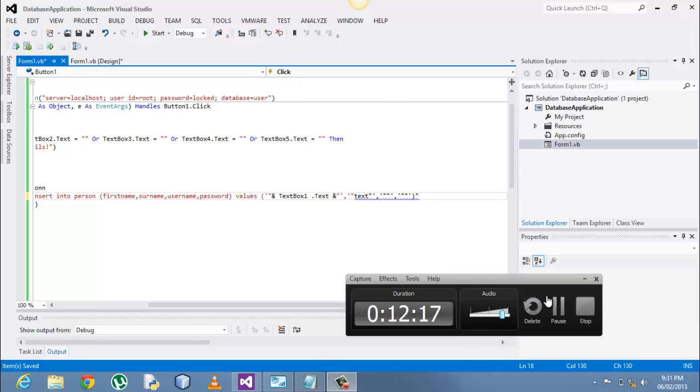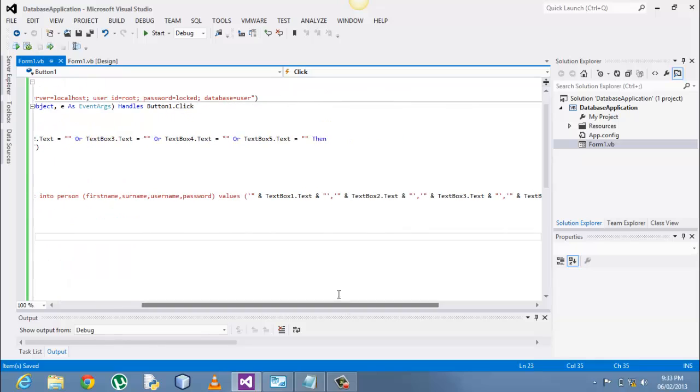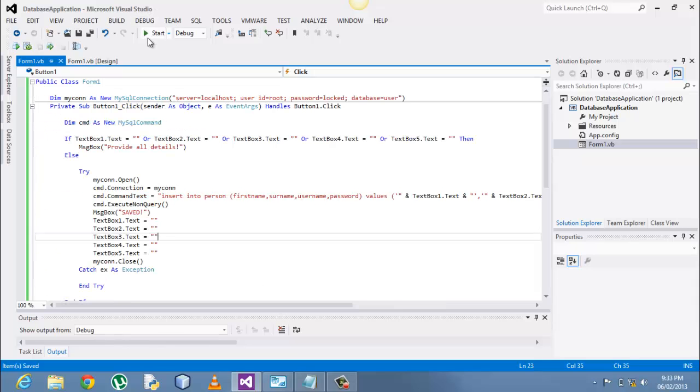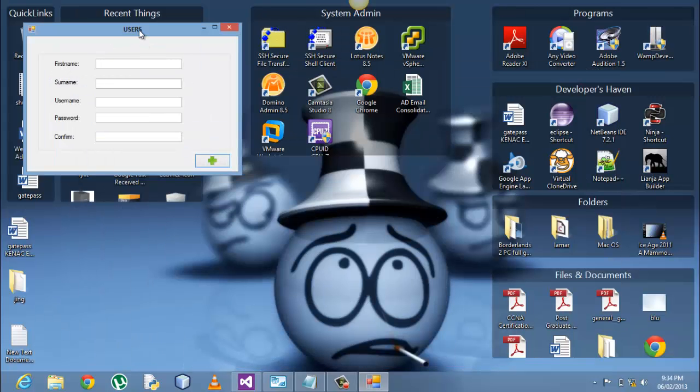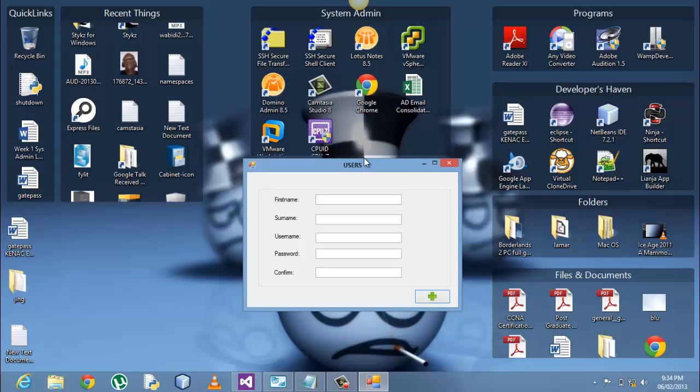I'll pause here. So this is our code, and you have to concatenate the text box values, the values that we are going to return from the text boxes, and then they will be inserted into these fields. So quickly we save, then we try to compile. Don't be afraid. I'm going to include the code in the description section of my video. So what we're going to do is add Tonderai Marumba. The username is Duncan, maybe, and then